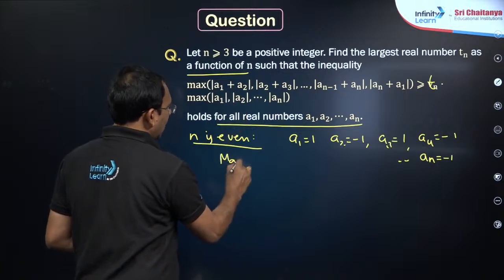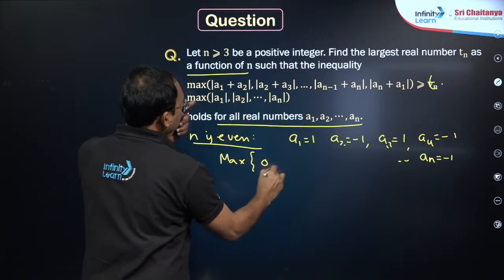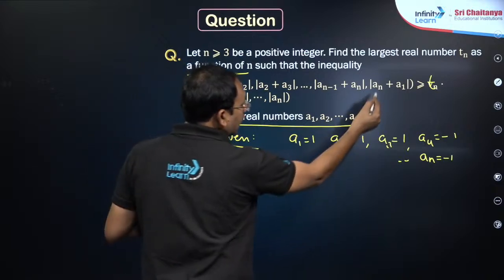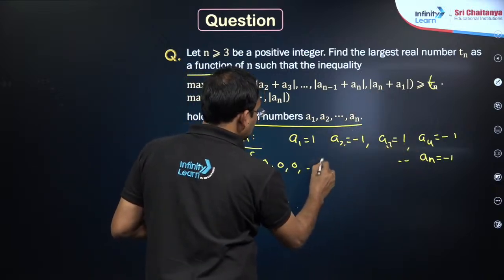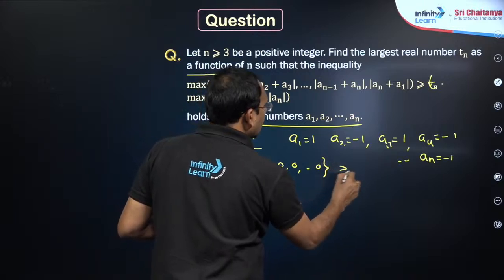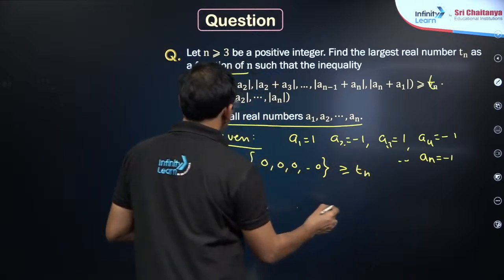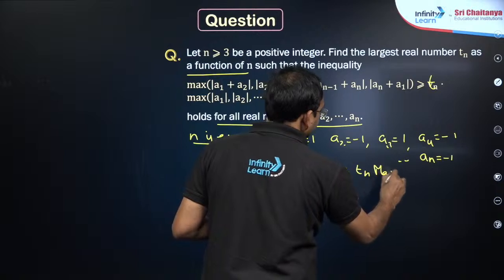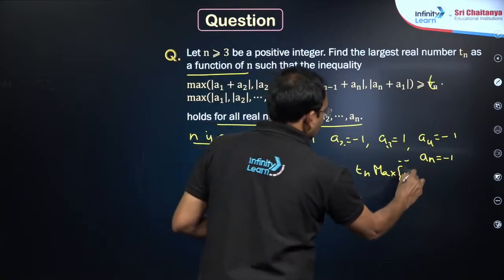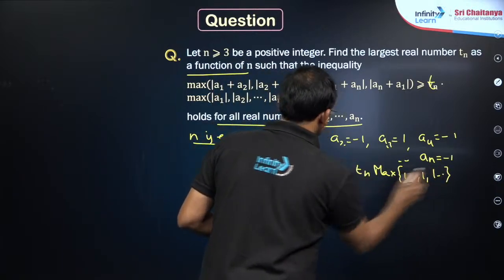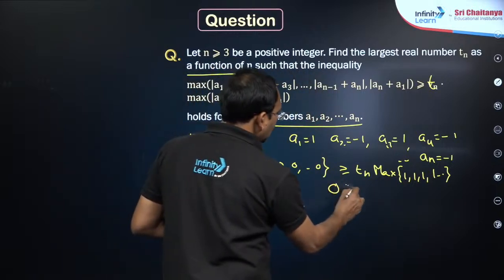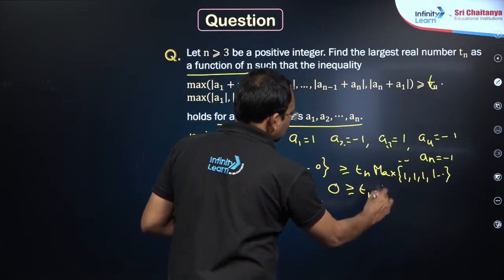You will get the inequality like maximum of 0, 0, 0, even a1 plus an is also 0, is greater than or equal to Tn into maximum of each modulus, which is 1, 1, 1, 1. So that means, my dear friends, 0 is greater than or equal to Tn into 1,